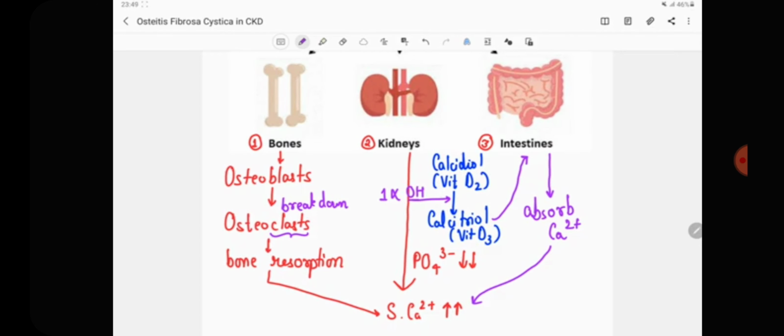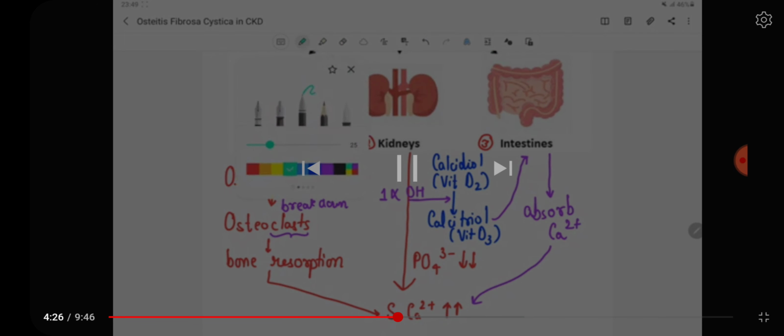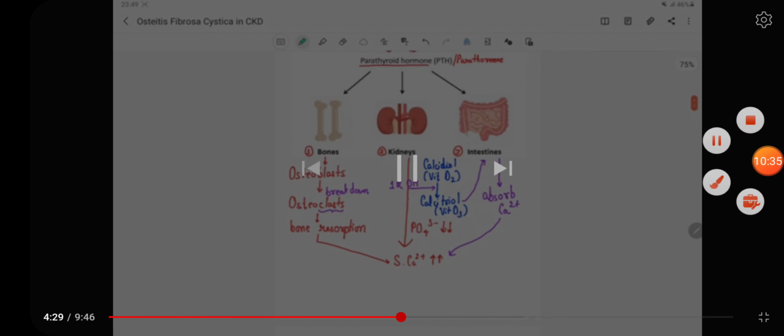So if we look at the function of the parathormone in gist, what is it trying to do? The parathormone